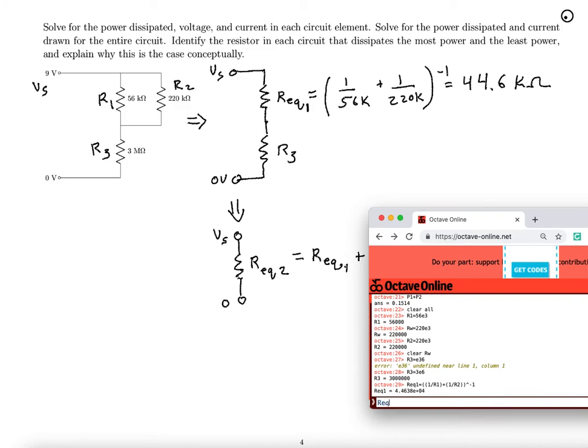So R equivalent 2 is R equivalent 1 plus R3. And it ends up being just over 3 mega ohms,